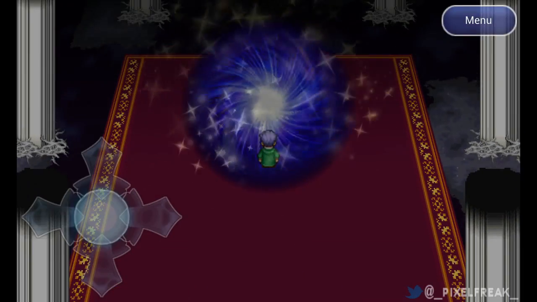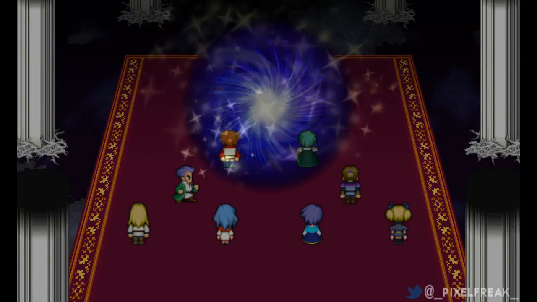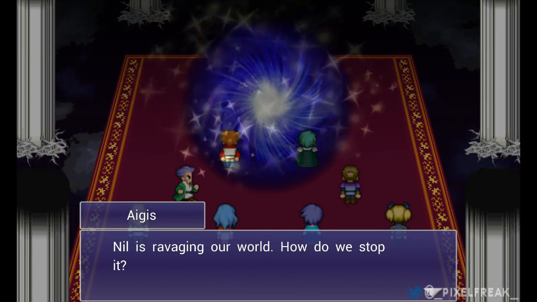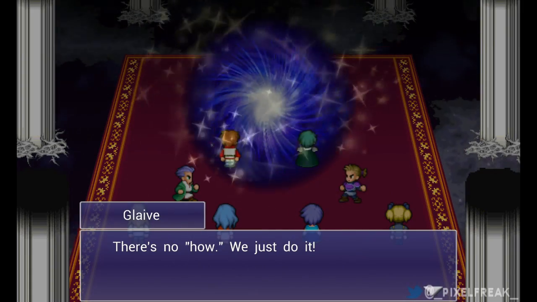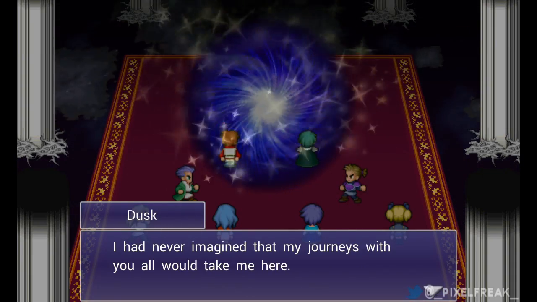Alright, so part 90 here. This is the final version of the final boss. The next part, 91, is the final piece of the walkthrough. It's the credits piece. So here in this fight, I don't know that many of my comments will say more